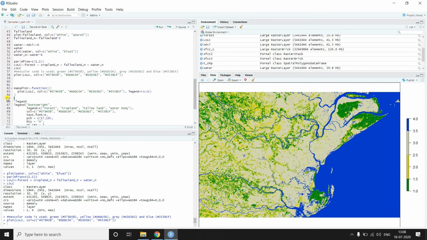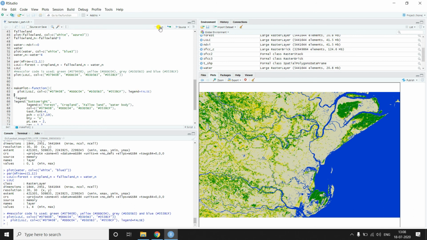We don't want this, so we will add legend equal to false, then we will get an image and there will be no legend.